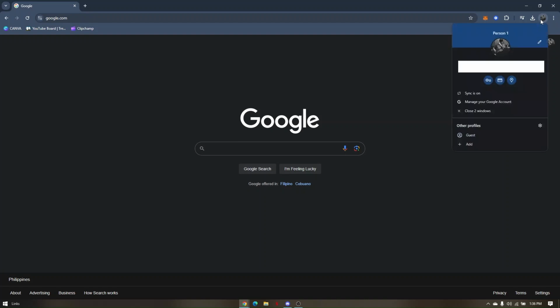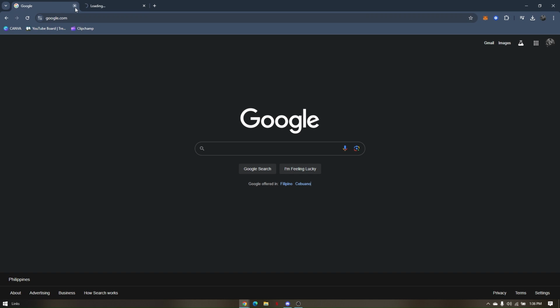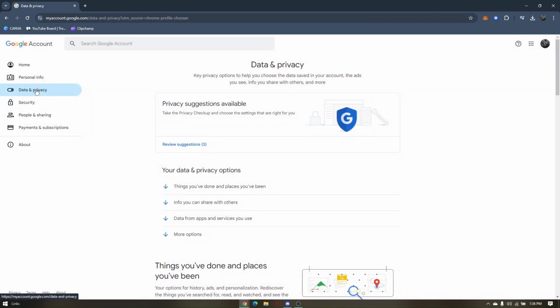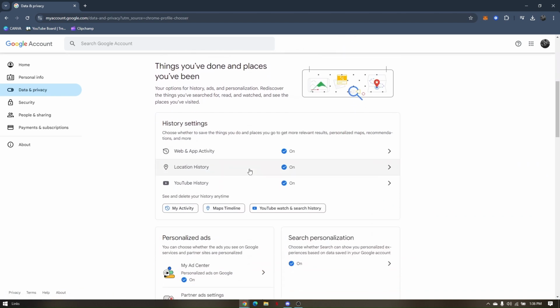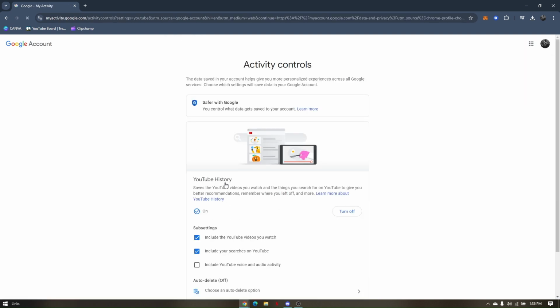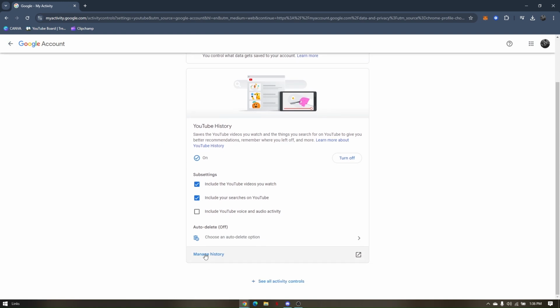Now, if you're logged in as a guest account, all you have to do is click on your image and click manage your Google account. And then go to data and privacy. Now, once you're here, you scroll down and click on YouTube history. You'll be routed to activity controls and you just go ahead and scroll down and click on manage history